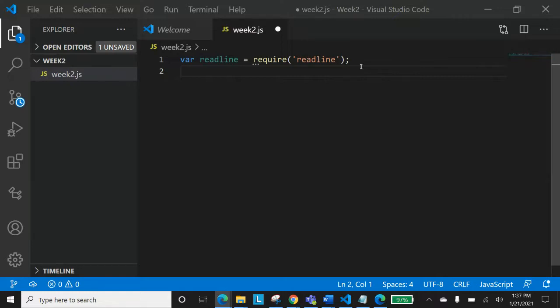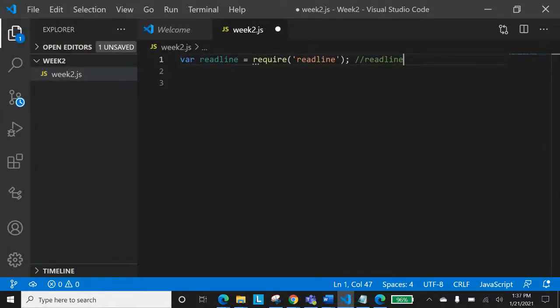And right now, as you know, we are working in this terminal, on our machine for this JavaScript. So now we'll be looking at how we can take input from the user by using command line programs and command line scripts. First of all, the module that is used for that is the readline module that we have included over here. If you can see, we have included this readline module.